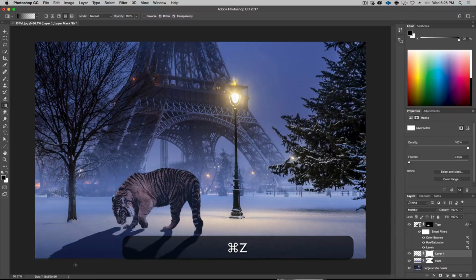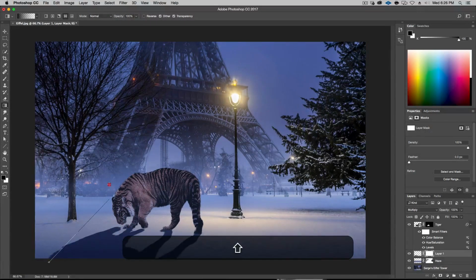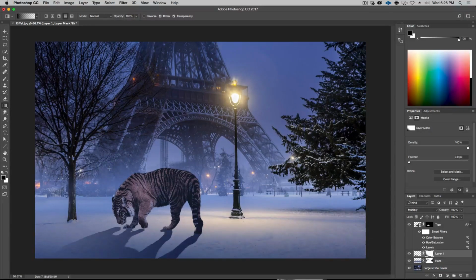Okay, too angled, a little more this way, nope, a little more this way, a little better. So I'm holding on Shift, which keeps a kind of an angle, and maybe this way, yeah, something like this. It's a little too much, a little more. Sometimes it takes a few trial and error. I like that. And I might just bring down the opacity to about 80%, something like this.